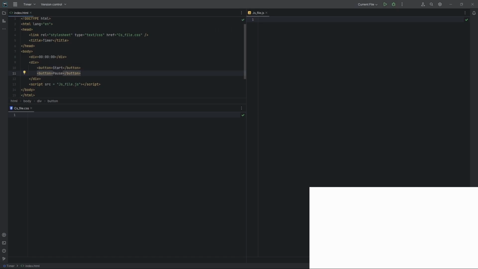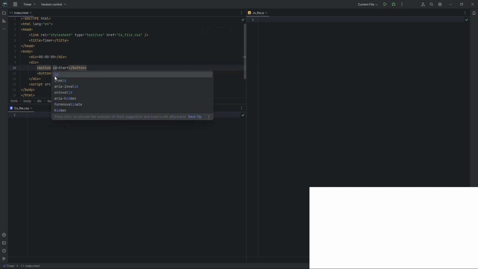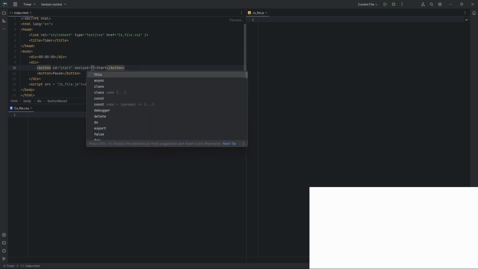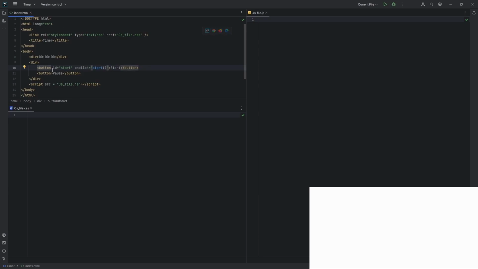But I called mine start and pause. So you create two IDs, one for the start. I think you could do it both ways, but I decided to use two individual IDs for the different buttons. So one for the first button start and one for pause. And then you put the on-click function and then the type submit. And then you give the IDs to the rest, one for the timer and one for the entire div that